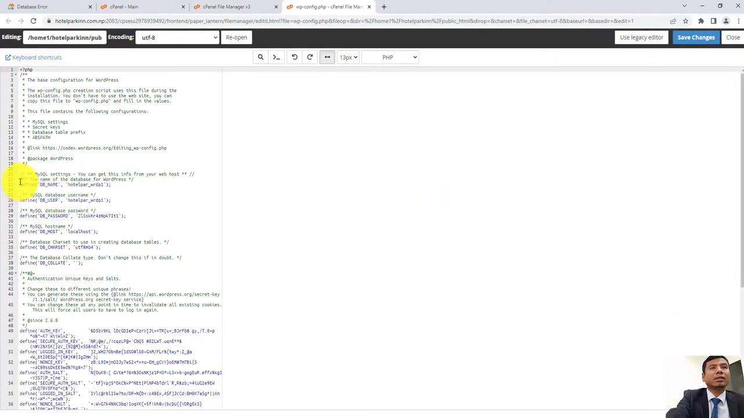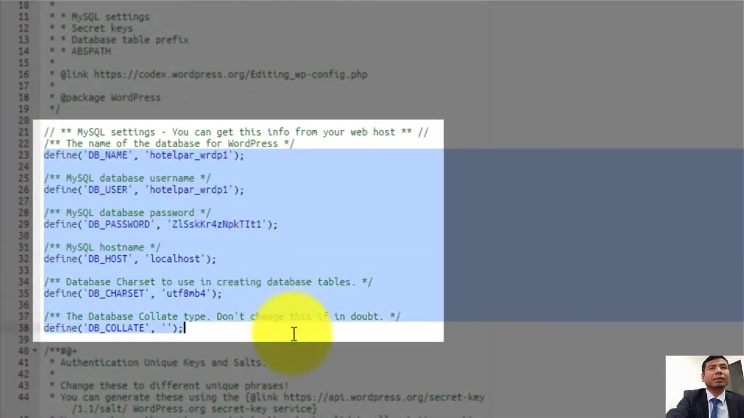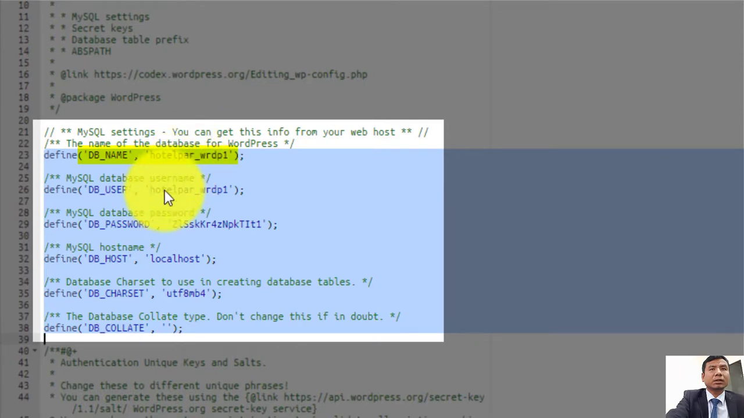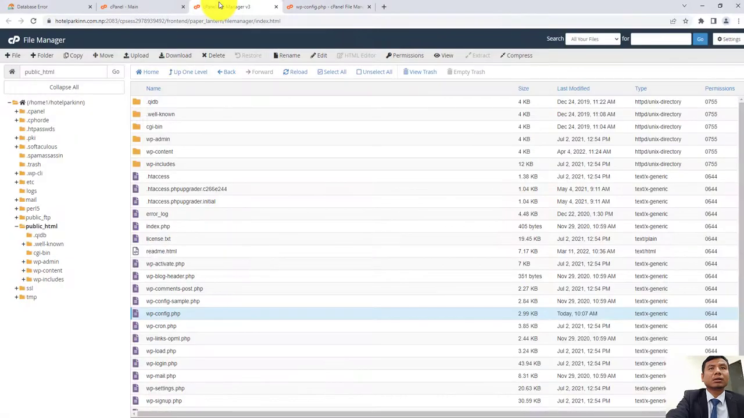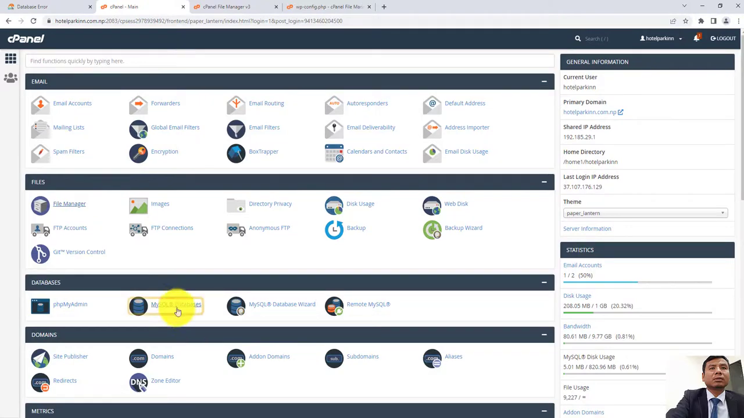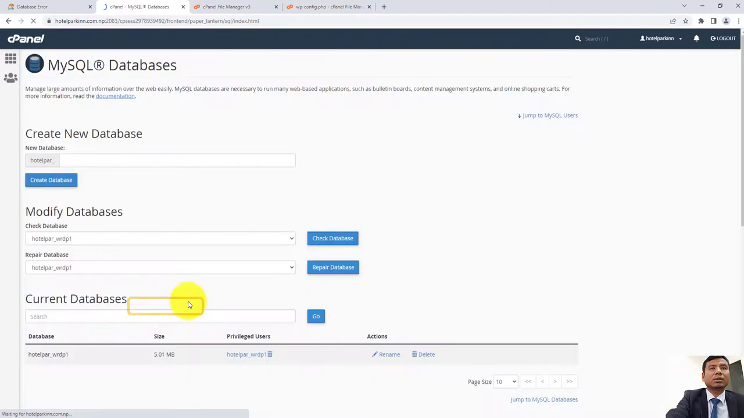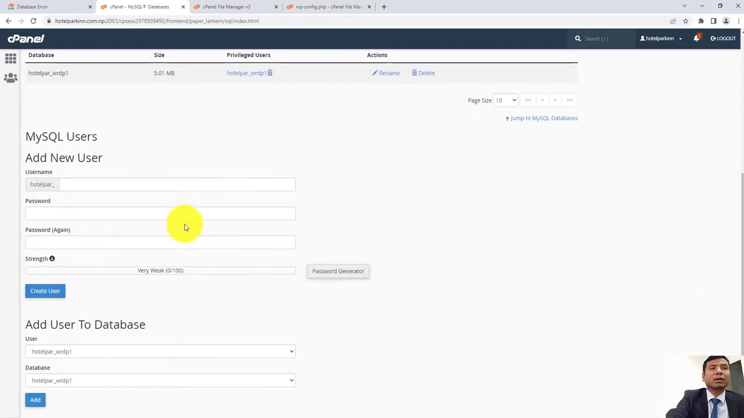Try to find the SQL database name. Here are the database name, database user, this is the user and this is the password, and localhost. So for the error, to fix it,